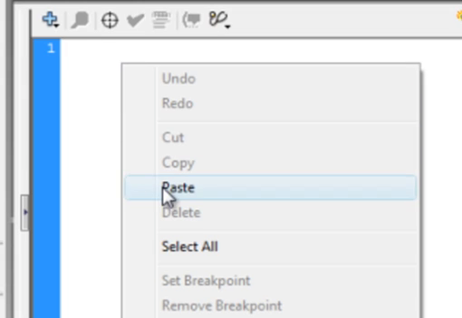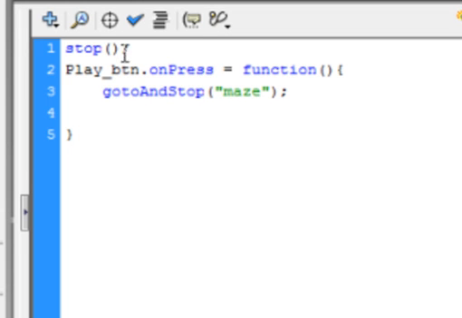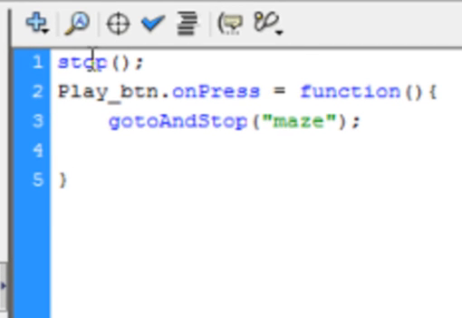Click on the first frame of our actions layer, open our actions panel, and up here we're going to type some code. The first thing we're going to put in is the stop code, stop(); and we're now going to have the play button, play_btn.onPress = function() { gotoAndStop("maze"); }